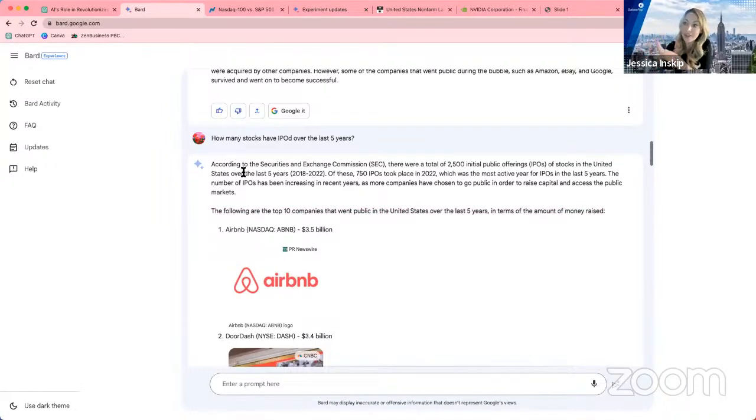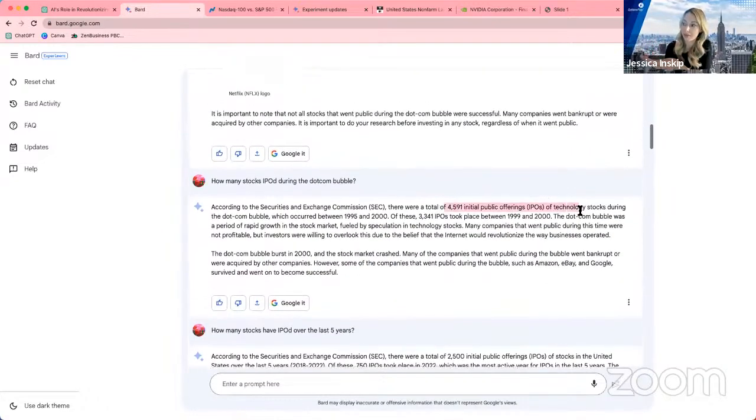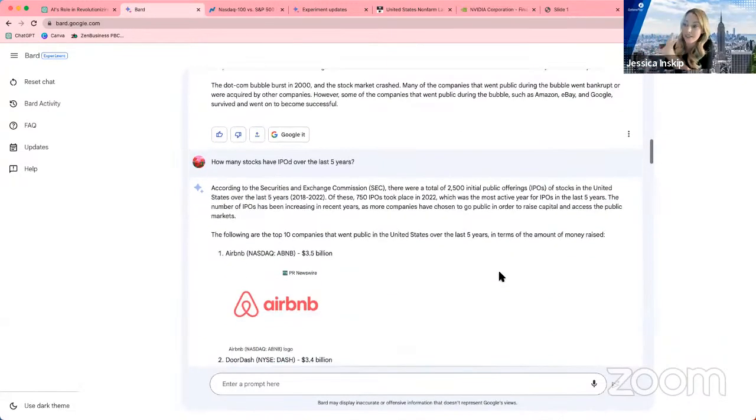However, now that I know an indication of all of the IPOs that were there during the .com bubble, there we go, the 4,500, and this is how many took place during 1999 through 2000. That is quite a bit. There has been a lot over the past 5 years. That's what I wanted it to analyze from an IPO perspective, especially if